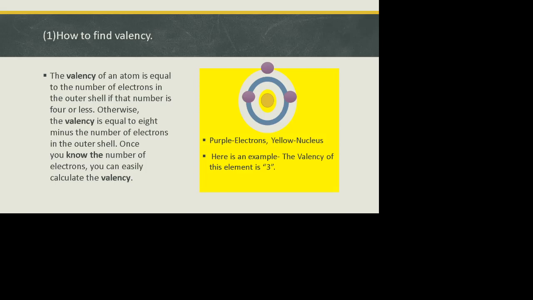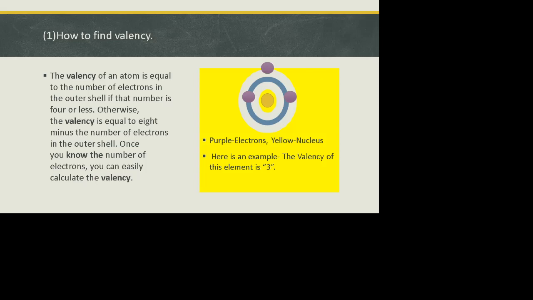Again I am taking the example of argon. We know its atomic number is 18. First shell 2, second shell 8, third shell 8, meaning it is fulfilled. In the first shell there is 2, in the second 8, in the third 8, meaning K, L, M. These are all fulfilled. So argon doesn't need any electrons for a chemical reaction because all these shells are fulfilled. That's why its valency is 0.